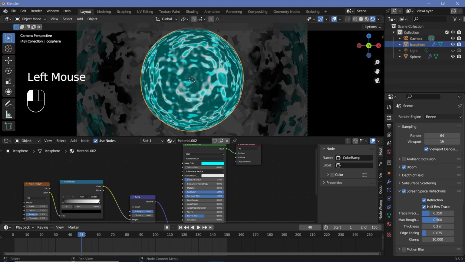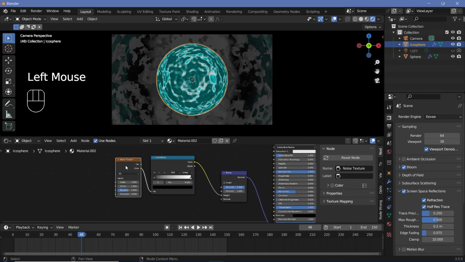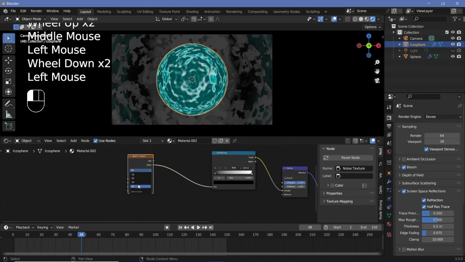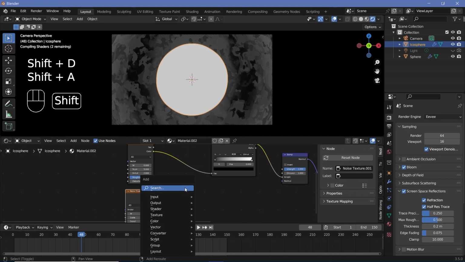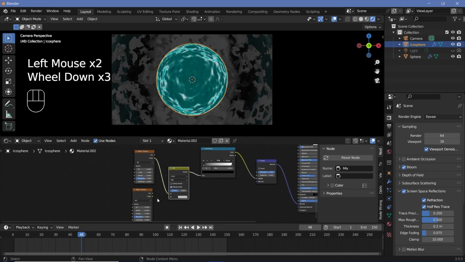And of course, you can actually just reduce the specular as well, because I don't want too much white to appear. Once I'm happy with that, I can do the exact same thing to loop the noise texture. So we'll go through it one more time: switch it to 4D, press Shift D to duplicate it and bring it down, then press Shift A and search for a mix node, convert the mix node from float to color, plug it in between the noise texture and the color ramp,